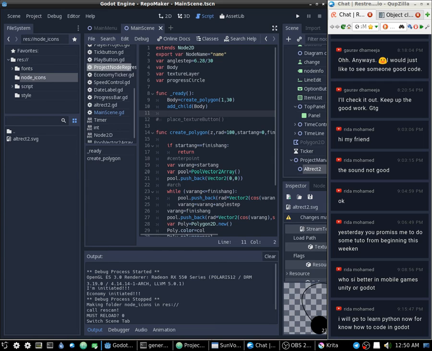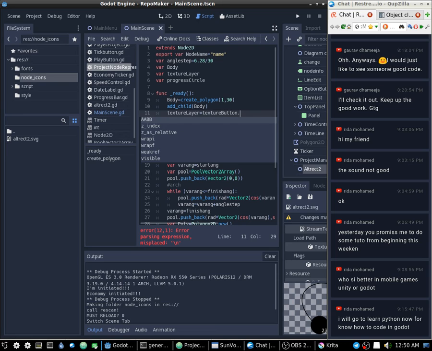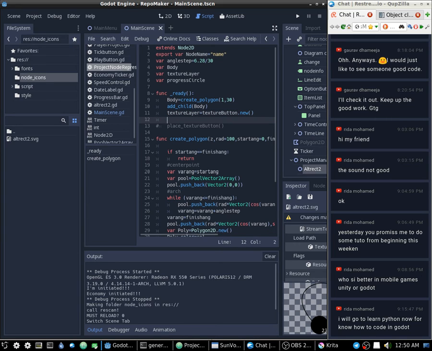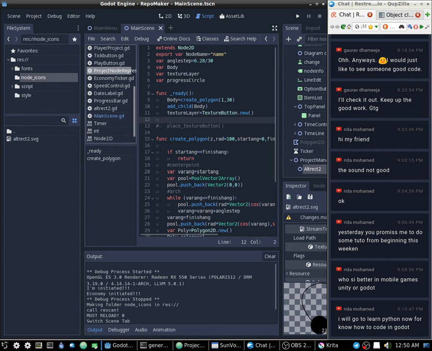Now let's texture layer. Actually, okay, texture layer equals texture button new. Great. Okay. But maybe texture button. Yeah, texture button new. Okay. So now let's see into texture button